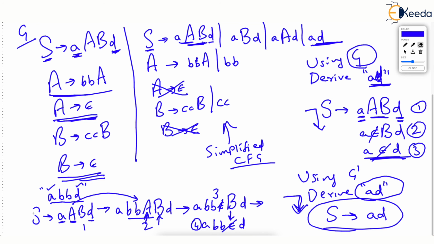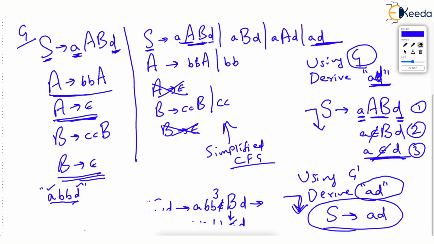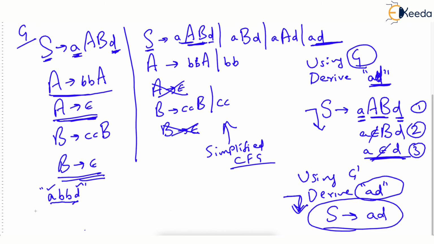Can we improve it by using the simplified grammar? Give me some time just to make up some space here. Now, using the simplified grammar, how will you derive ABBD? Use your start symbol S. And notice, instead of using the ABBD production, what you will do is use a single capital A and then D. Because the string doesn't require any B, you did not opt for any production which had capital B.